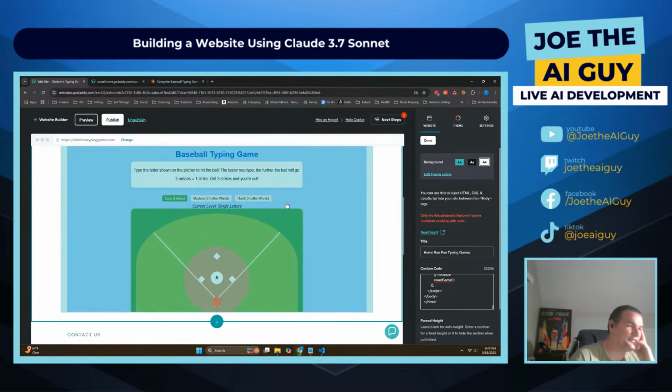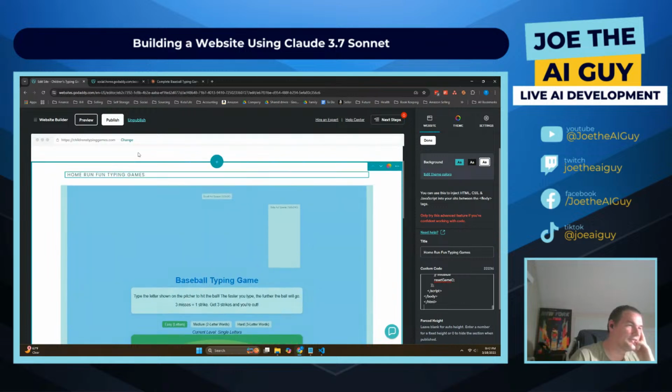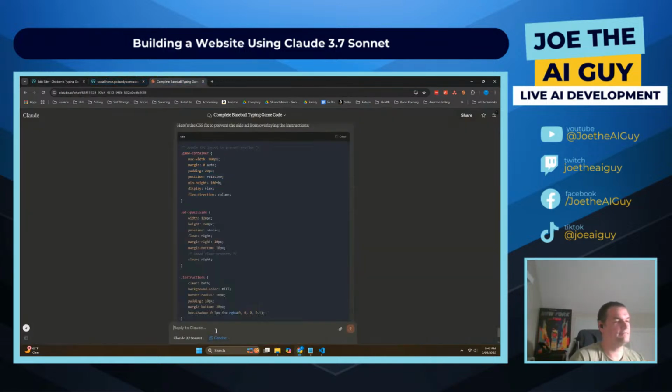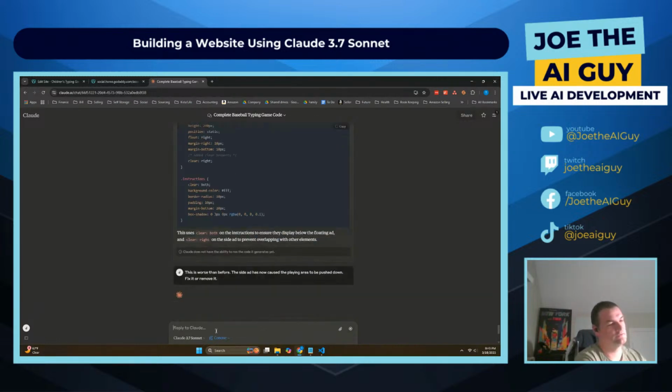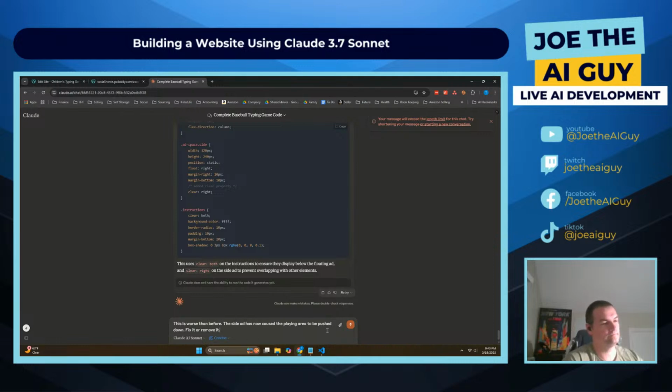Now it's worse than before. Side ad has now caused the playing area to be pushed down. Fix it or remove it. Okay,